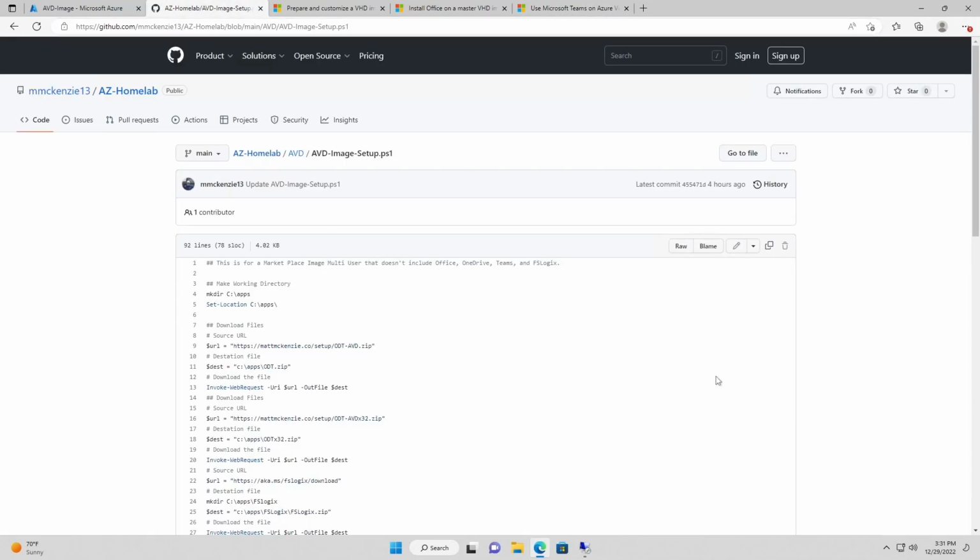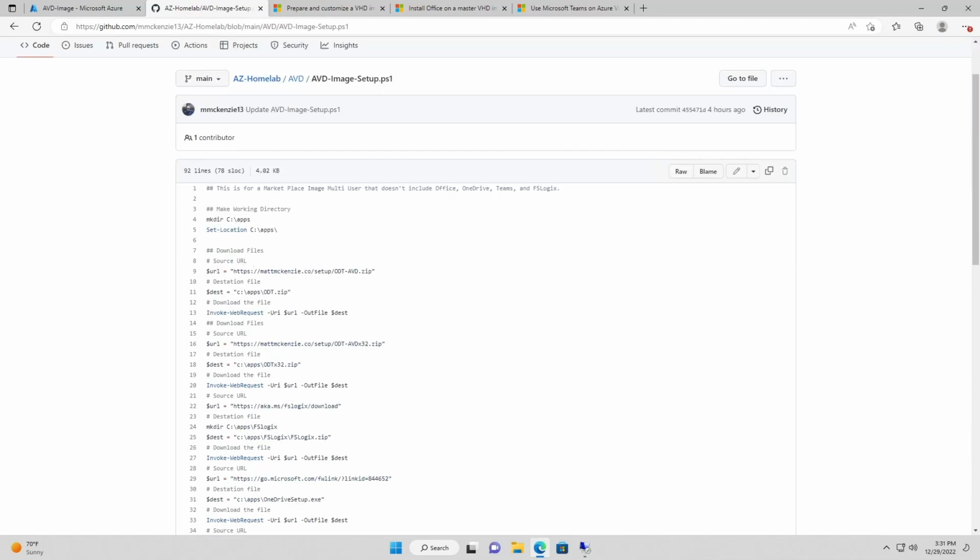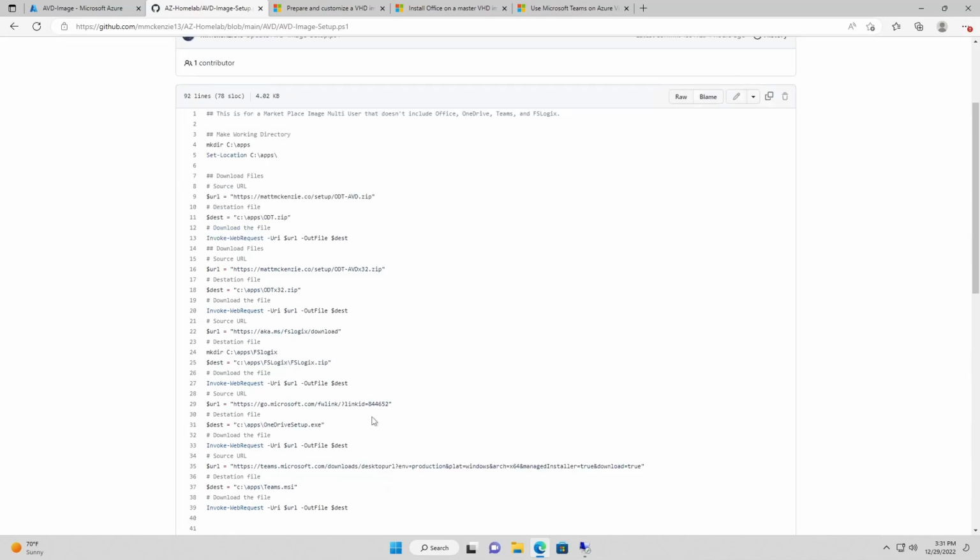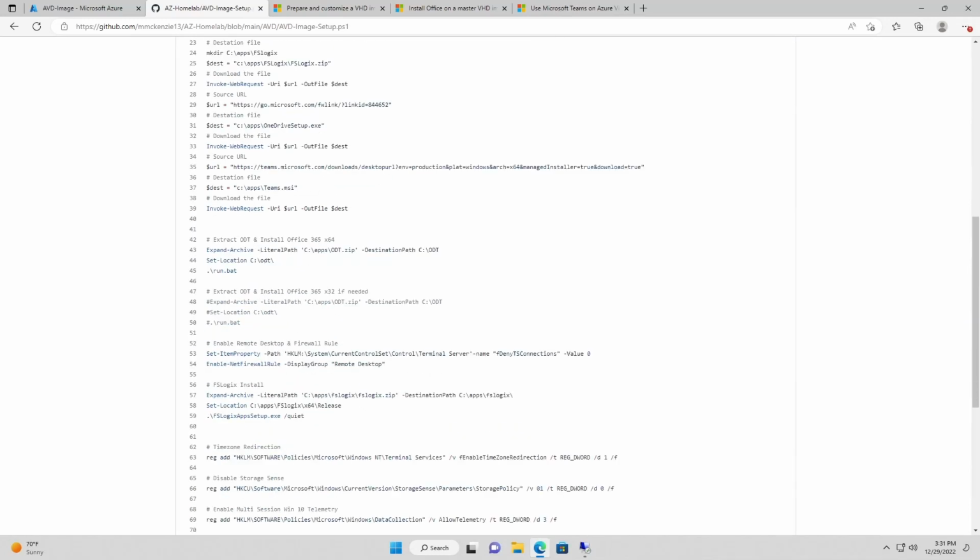So what I've done, I've created a nice AVD image setup script that goes in, creates a folder, downloads Office 64-bit, Office 32-bit in case you need to use 32-bit. It's got, let's see, FSLogix, which is for your profile management, your OneDrive, and then your Teams. And so in here, once all those are downloaded, it extracts the Office Deployment Toolkit, which I've added in